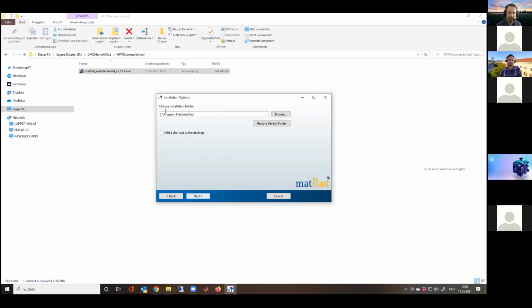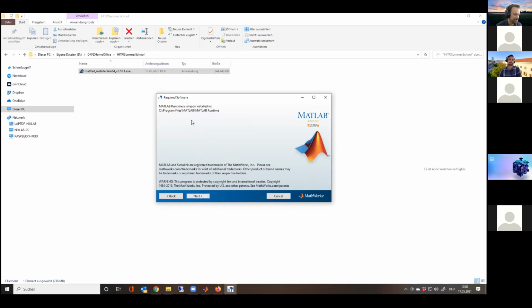I never installed it somewhere else, so I cannot say if this poses a problem, but I don't think so. So I install it there, and now comes a step which unfortunately I already did when testing it. It tells me that the Matlab runtime, that's what I talked about before, is already installed. You now need to go through the steps of downloading the runtime. Unfortunately, I didn't think about uninstalling the runtime as well, so I cannot show you now, and it will take quite a while. So what I will do now, I will keep stuck at the screen